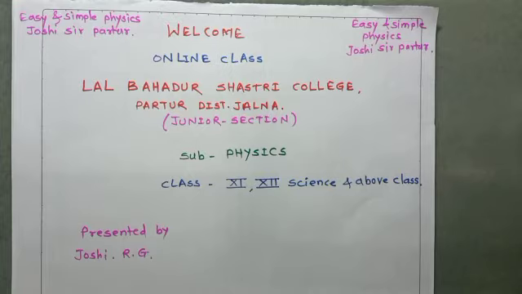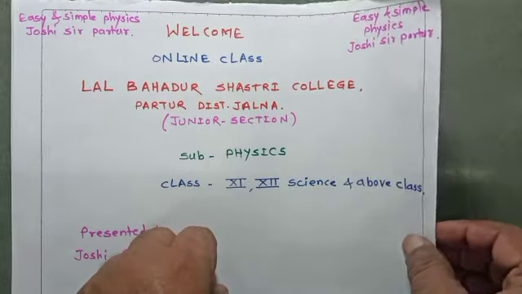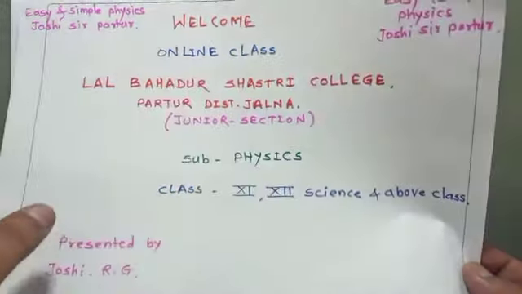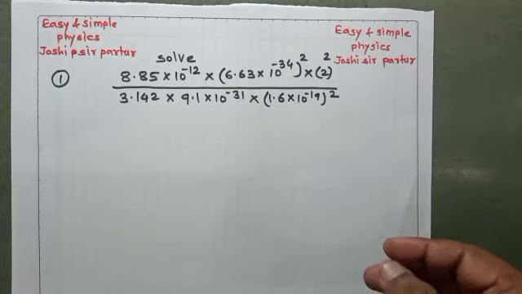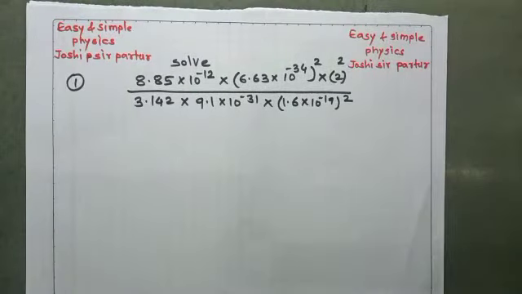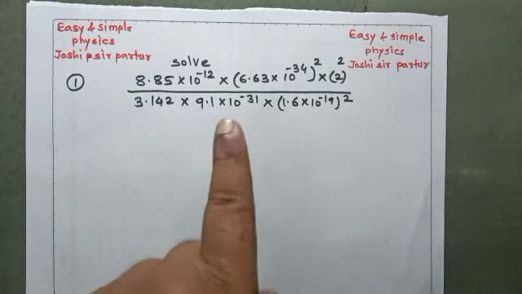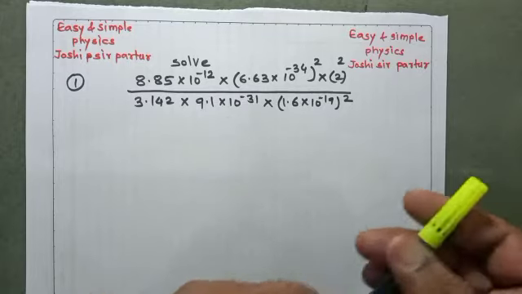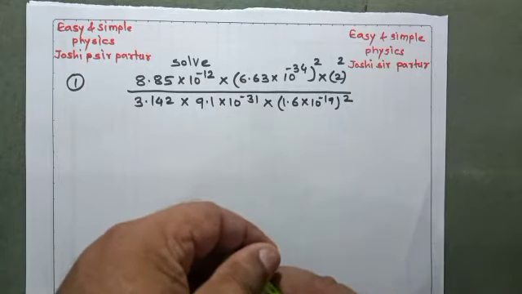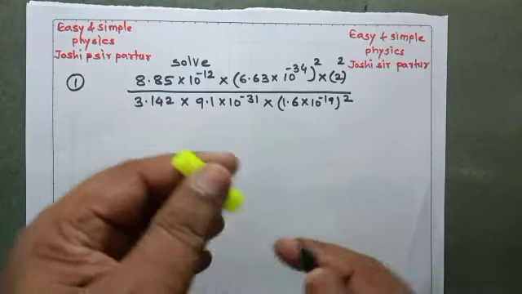Today we have to learn the use of logarithmic and mathematical table by solving numericals. If a numerical is asked like this: solve 8.85 into 10 to the power minus 12 into 6.63 into 10 to the power minus 34 raised bracket square into 2 square upon